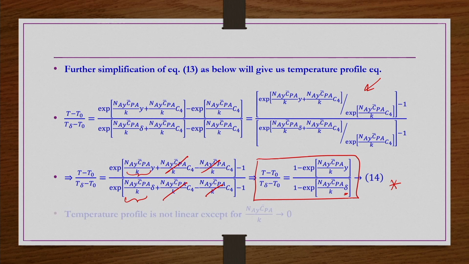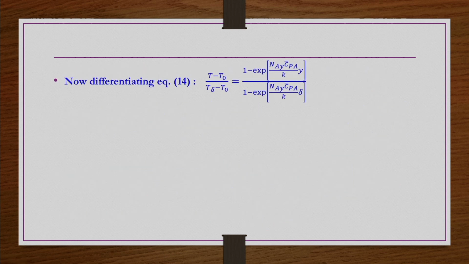Now, we try to find out the rate of heat transfer as well, right. So, before going into finding out the rate of heat transfer, what we understand from here is, until and unless ṅ_A C_PA bar by k is tending to 0, this temperature profile is not linear, it is non-linear. It can be linear only when this particular term tends to 0, right. What does it mean? When the conduction is very much dominating compared to the mass transfer, only then can we have a linear profile. Obviously, if there is only conduction, then the temperature profile is linear, that we know.